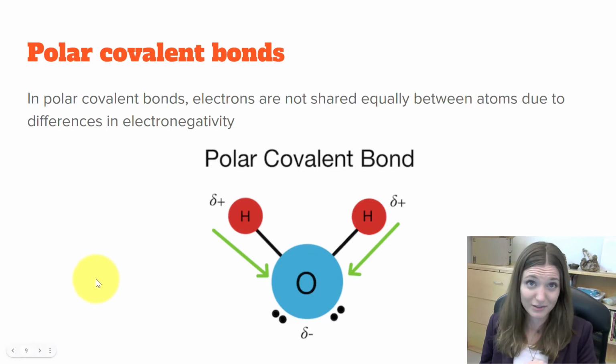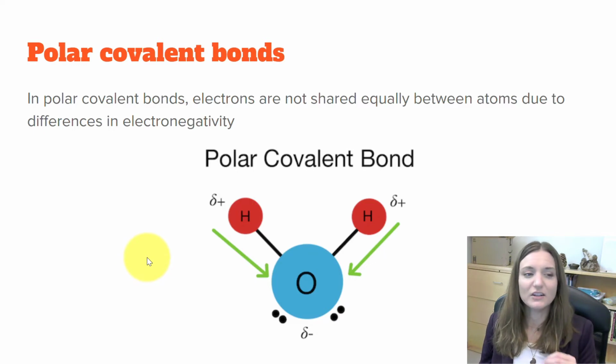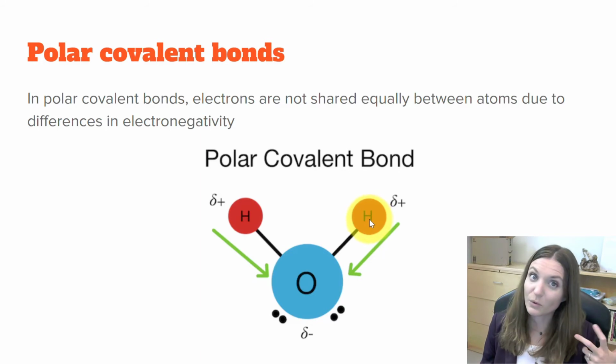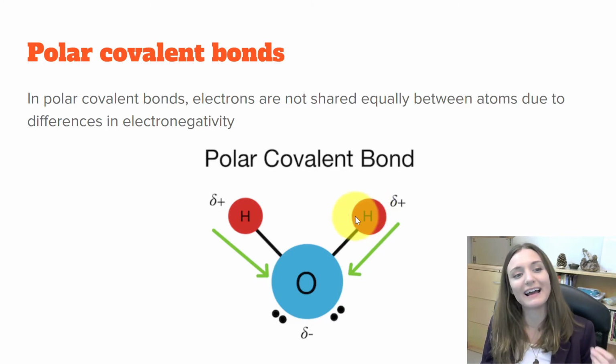So oxygen is a very highly electronegative atom. So it means it has a strong pull on shared electrons. So when oxygen bonds with an atom that has a lower electronegativity, like hydrogen or carbon,